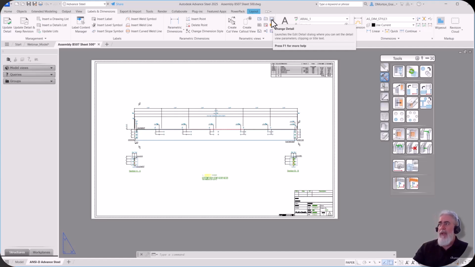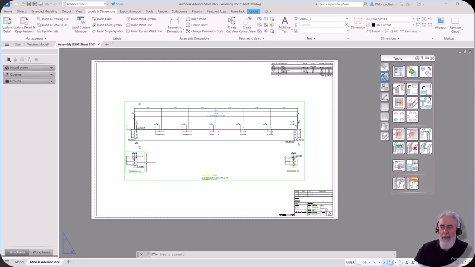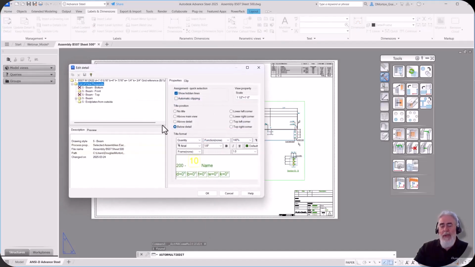It'll be the same thing as if we come to the outer green frame here, which is our detail frame, and double click on it. We have some inner ones, those are called views. The outside one is the detail. So you can either take the button up here or the green frame and double click, and you're going to get this dialog. From here, you can also change the title, but again, you're going to have to do it